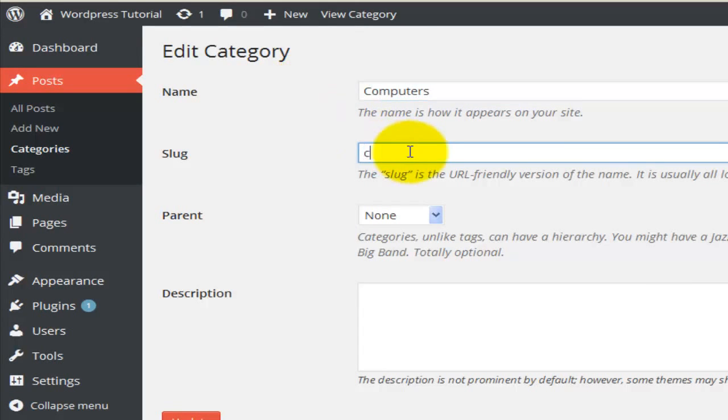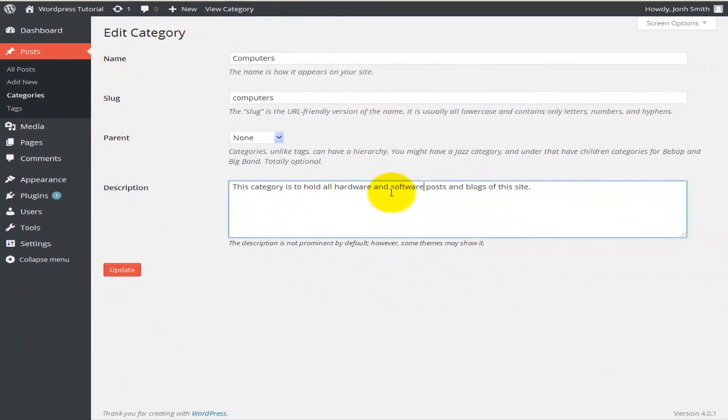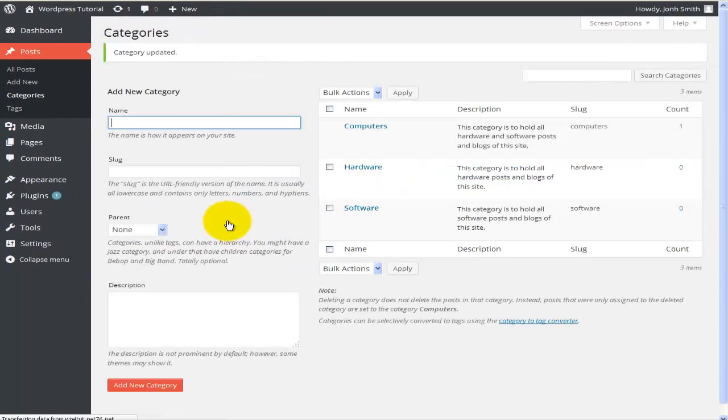We'll go parent none, description. This category is to hold all hardware and software posts and blogs of this site. If I go update, my uncategorized will now change to computers, and I can select those 2, and